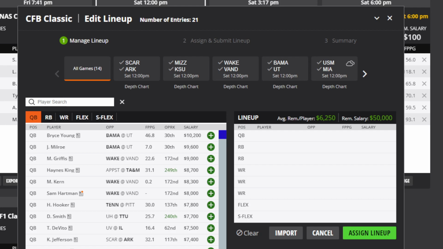So there's a lot of interesting games in this mix. Missouri versus Kansas State, I think that's a rivalry game. So there's quite a few good games here, and we've got a lot of really good players that we can mess with.